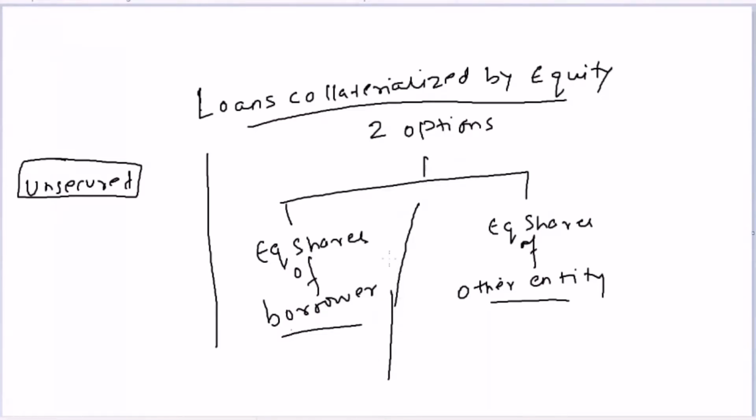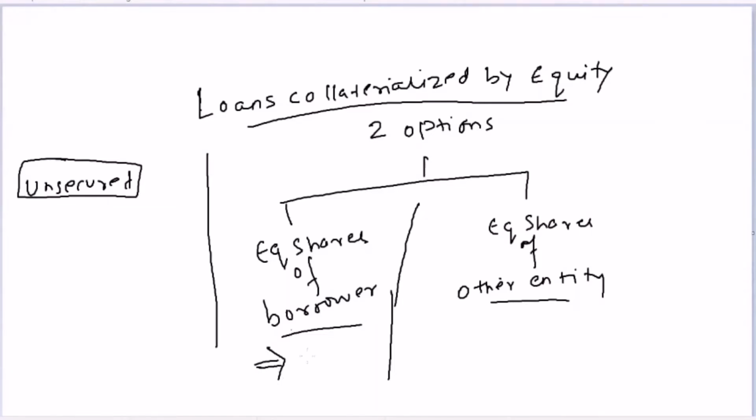When you are lending through a loan collateralized primarily by the equity shares of the borrower, your exposure to the equity risk of that borrower is very high. So remember, you are taking equity risk in the guise of credit risk, and therefore this option works out well